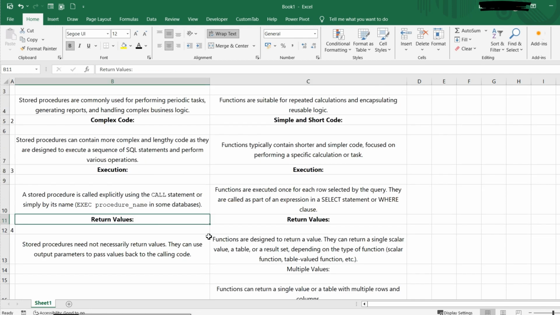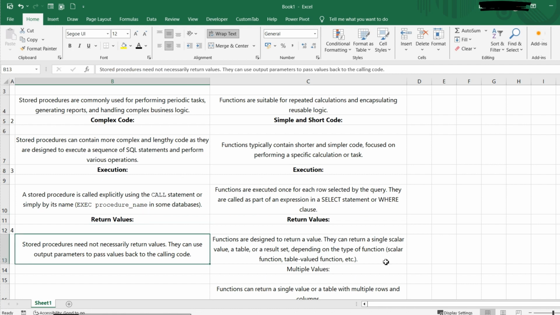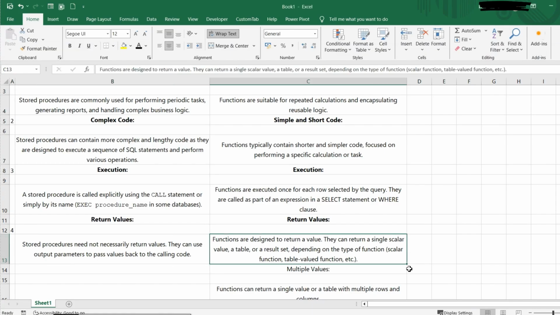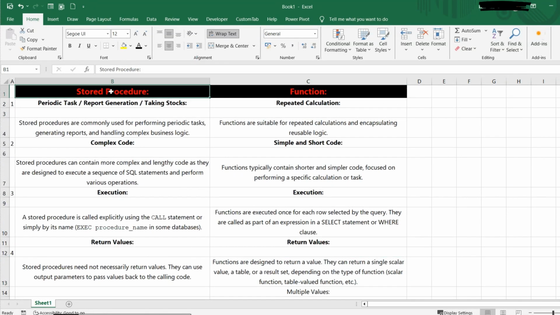The main difference between a stored procedure and a function is that a procedure you can perform without returning any value, as we saw earlier, we can use a parameter. For example, you have this one stored procedure. What we did, we didn't return any values. We directly set our parameters, like here cid and amount, and then we declare the values like this. So we don't have to return any values. But on the other hand, when you are writing a function, you have to return values. You can return a single value, you can return multiple values as well. So that is the main difference between a stored procedure and a function.